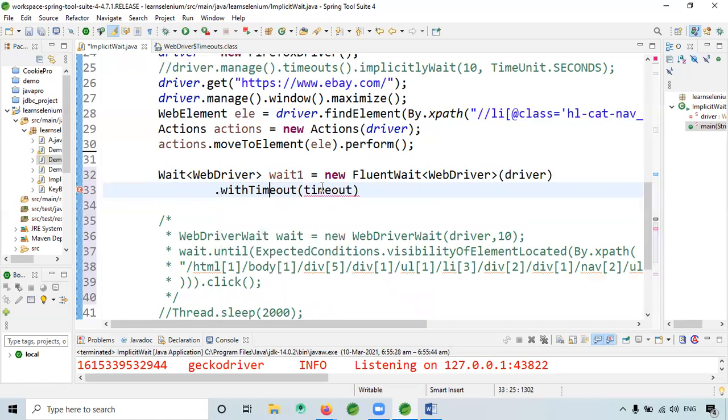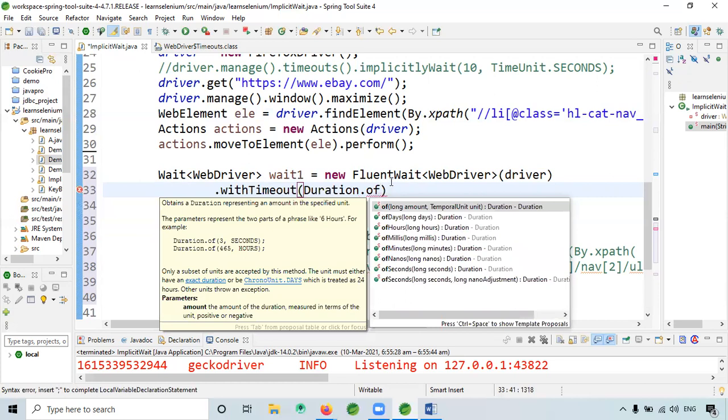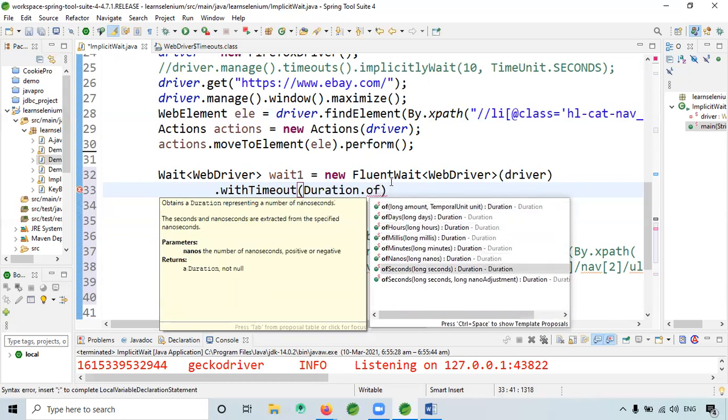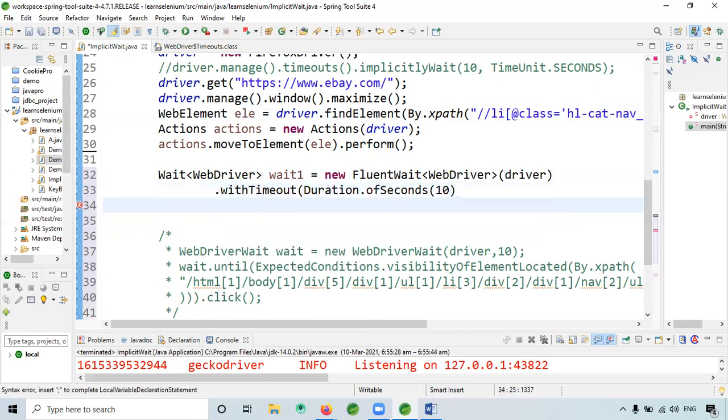As I told, we have to give a duration: Duration.ofSeconds, in 10 seconds. Okay, I want it in 10 seconds.